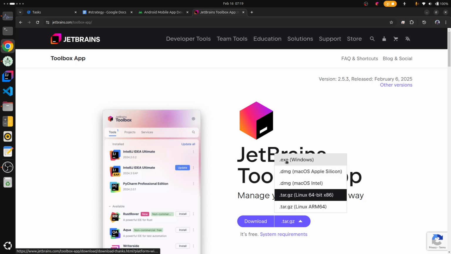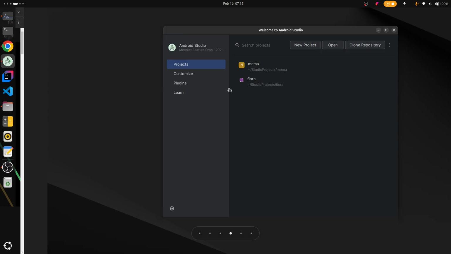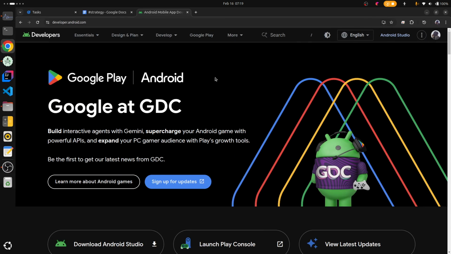If you are on Windows, be sure to select Windows. For Linux users, that's the one. Or if you are on ARM, you will use that version. So, assuming you have Android Studio installed, the next step is to open